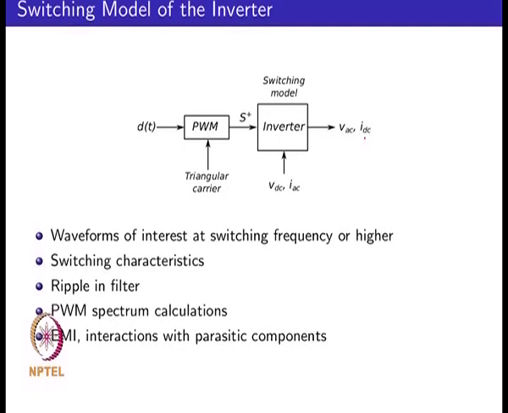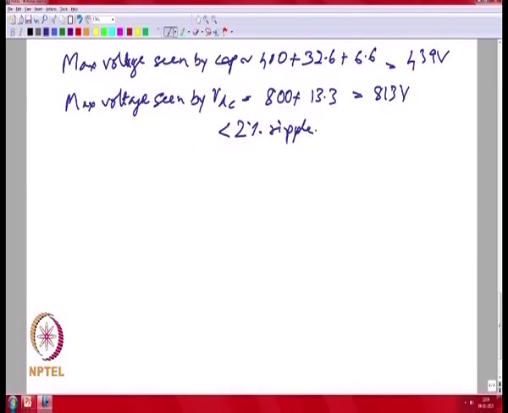Okay. If you look at the switching model of such a power converter, the question you could ask is when would such a model be required, when would it be useful to us. Definitely it is going to be useful to us if the item of interest is close to the switching frequency, or it may be something even higher than the switching frequency, because of the rapid transitions that can occur because of the switching action of the inverter. Okay. So if you look at the items of interest,